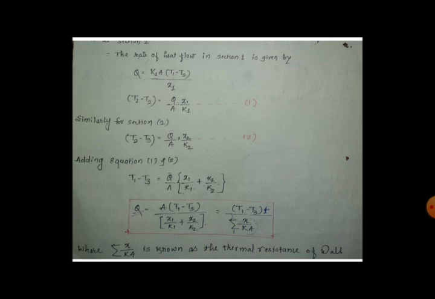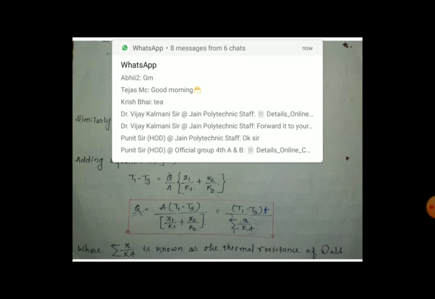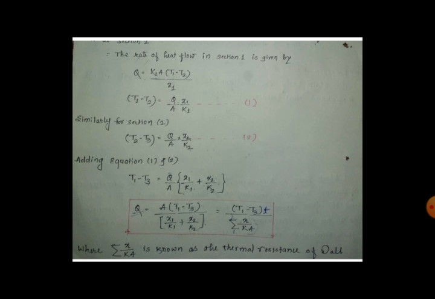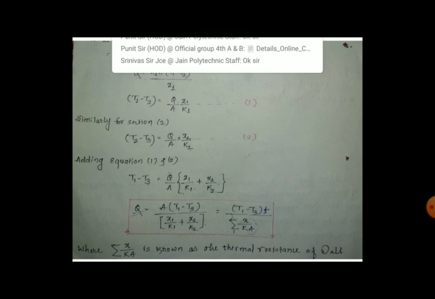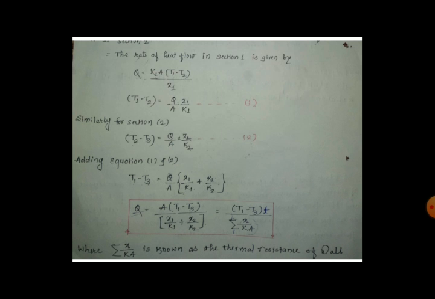Now whether it is a composite wall or a normal wall, it is a solid, correct? And whenever it comes to a solid, we have to apply the Fourier law, so you apply the Fourier law section wise. For the first section, when you apply the Fourier law, we get Q equal to K1, the thermal conductivity of the first material, into A, the area of the first section, into the temperature difference T1 minus T2 divided by X1, where X1 is the length of the first section.